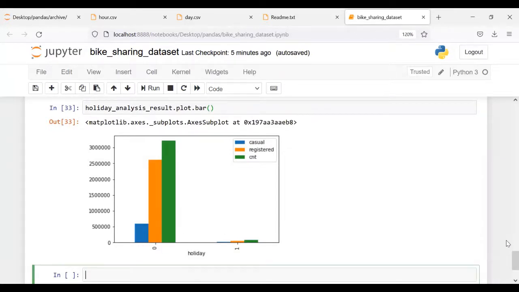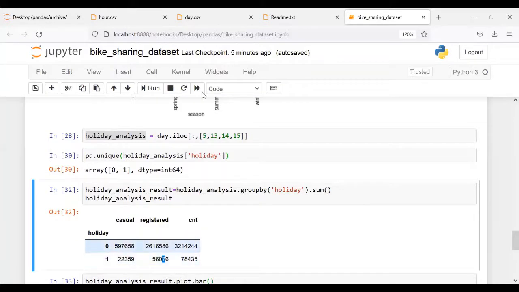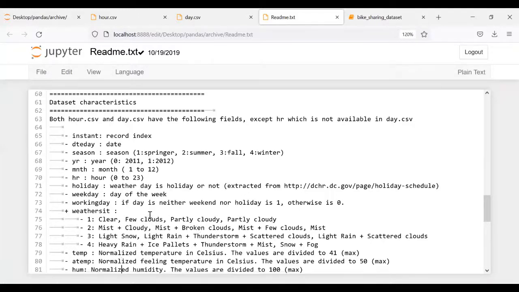This 0 is when there is no holiday, and 1 is when there is a holiday. So you can make different kinds of analysis like this